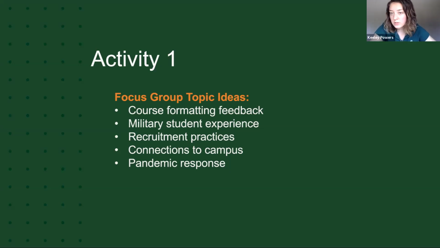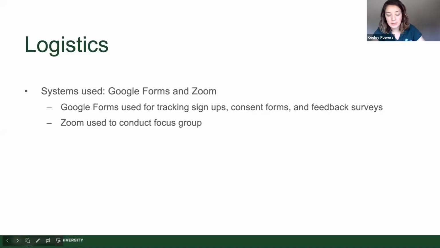All right, so just in the interest of time, we're going to keep moving forward with talking about some of the logistics of focus groups. And then we'll have a couple more activities still. So if you want, you can still feel free to share any ideas that you might have come up with for focus groups in the chat. We'll keep our eyes open for those.